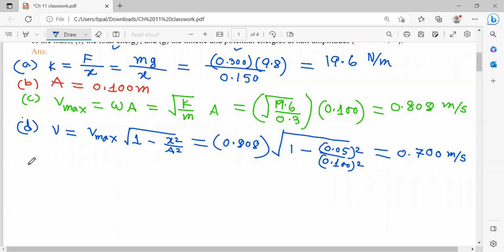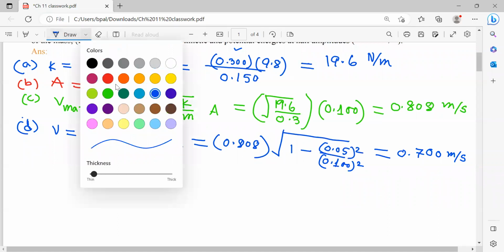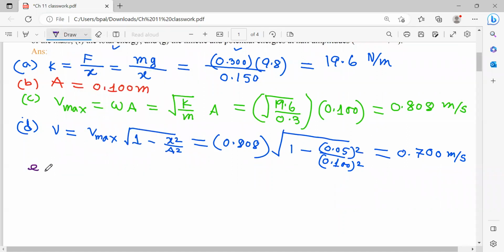Number E is the maximum acceleration. A max. So there are many ways to solve this. You can use omega square A. There are other ways. So omega square is